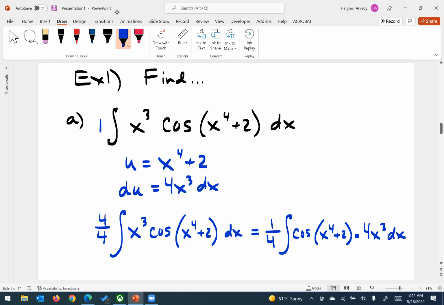Oh, now can I substitute? All right, all yours here. Can you substitute the u and the du where they need to go? That's pretty easy because you know exactly what u is. You just substitute that in. You know what du is because you set it up already. Just bring it in as a